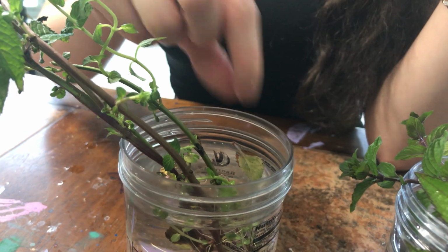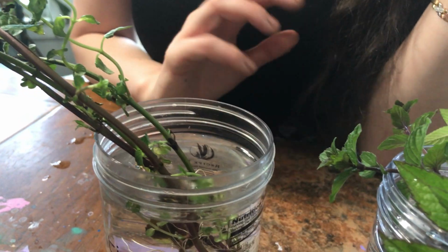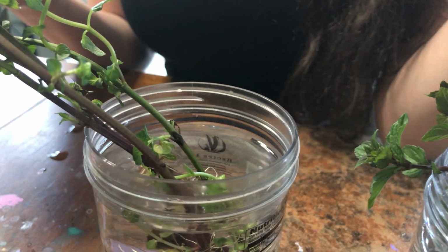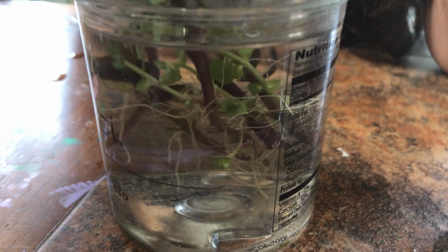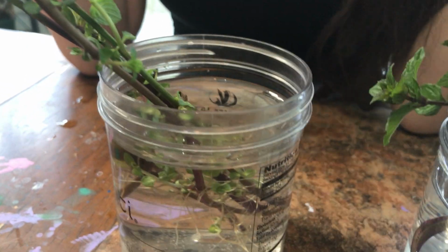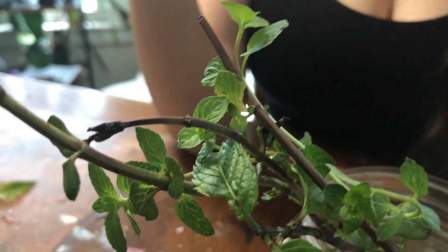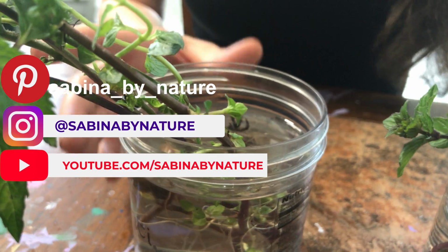So yeah. However, I just want to point out, you cannot keep these in just water forever. It's going to need some fertilizer or something at some point. I'm not really an expert on hydroponics, but I think there's some type of fertilizer you can use if you really want to keep a plant in just water. But just putting it in plain water usually doesn't do anything for it. It's not going to help it grow. At some point, the plant is going to need some type of nutrients that it can't get from the sun or from the water that it needs to get from the soil. So I'm only going to leave this in here for a little bit until I'm able to plant it somewhere else. But yeah, that's how I